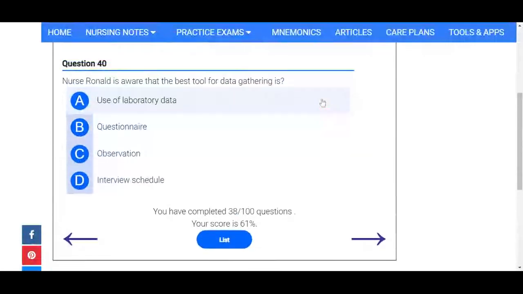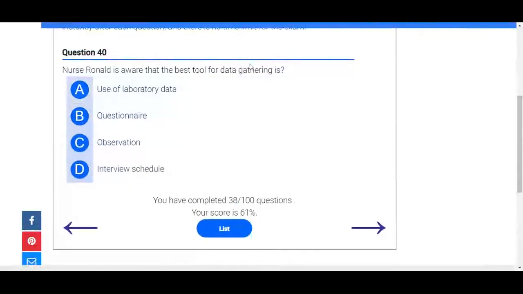Now let's proceed to another question. Nurse Ronald is aware that the best tool for data gathering is: use of laboratory data, questionnaire, observation, and interview schedule. Best tool for data gathering. So if we talk about the best tool among the options given, I would say that the laboratory data is best because you have accurate data sample results. And for interview schedule, observation, questionnaire,